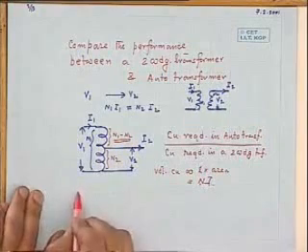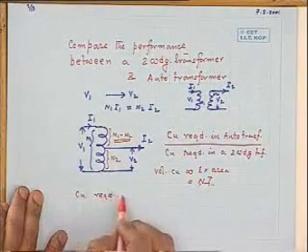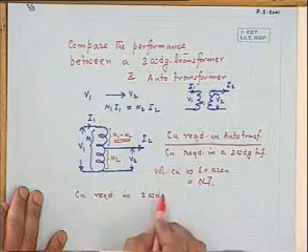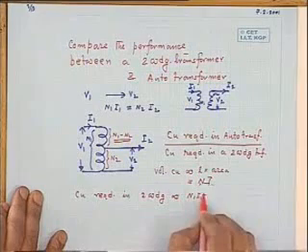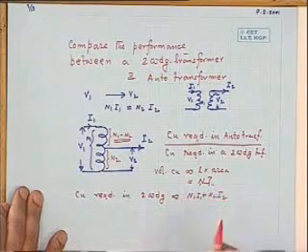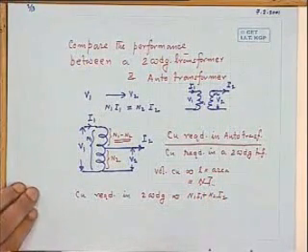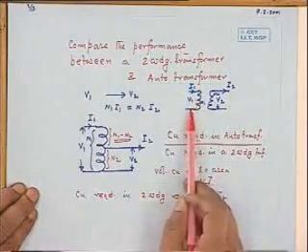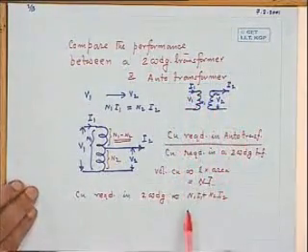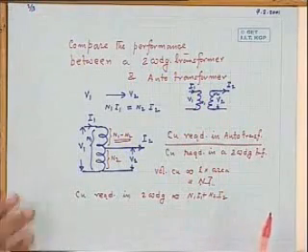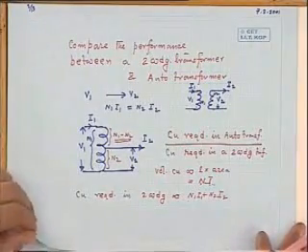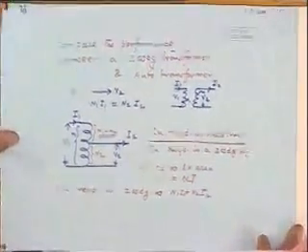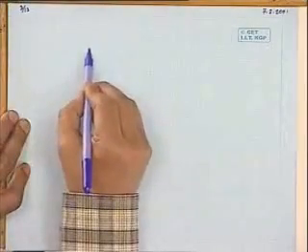So in a two winding transformer, copper required is very simple to calculate. It will be simply proportional to N1I1 plus N2I2. Okay. Because for primary you have to provide copper, for secondary you have to provide copper. So for primary N1I1 plus N2I2. Now how to calculate the copper required in an auto transformer? Let us see. Now to do that, we have to find out the current distribution in an auto transformer.